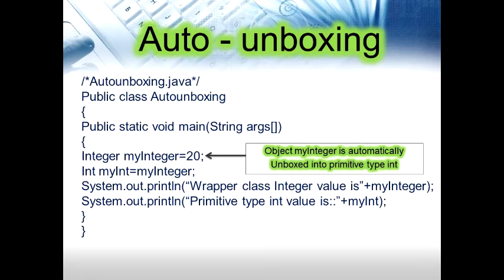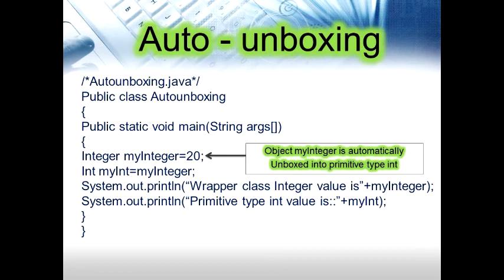Public class AutoUnboxing. The class name is AutoUnboxing. Open the block. Public static void main, String arguments. Now Integer myInteger is equal to 20. So here, the object myInteger is automatically unboxed into a primitive data type. The primitive data type is Integer, also called int. The next one is int myInt is equal to myInteger. Now by using these two statements,